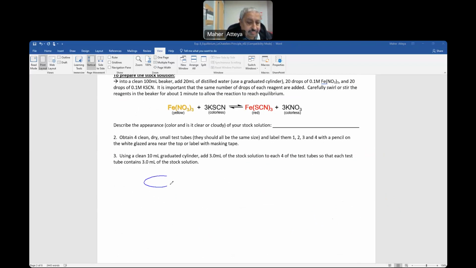Small tiny beaker. In this beaker, you'll add, as it says, 20 mL of distilled H2O. Okay, distilled H2O. And then you'll add to this one here 20 drops. We said 20 drops is 1 mL, correct? 20 drops is about 1 mL of the yellow